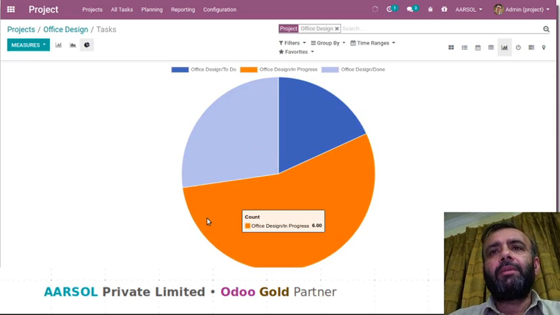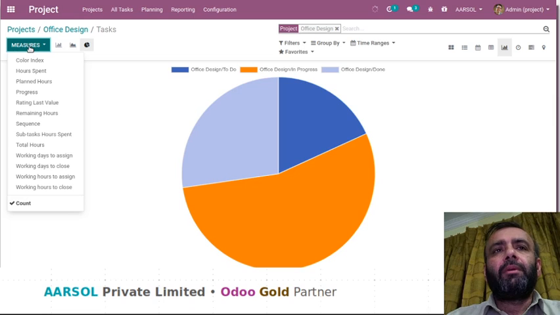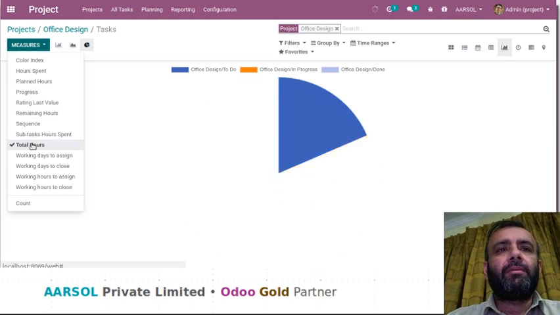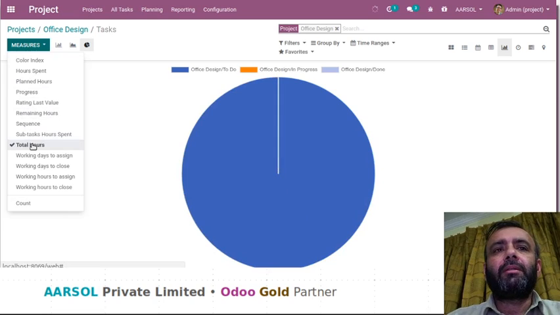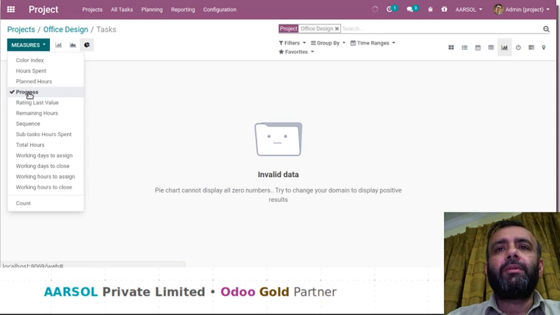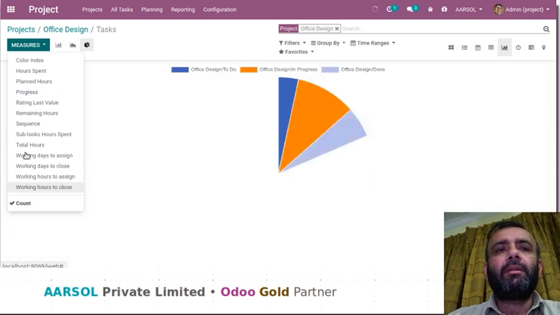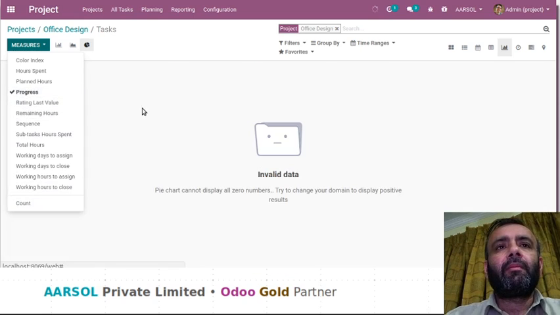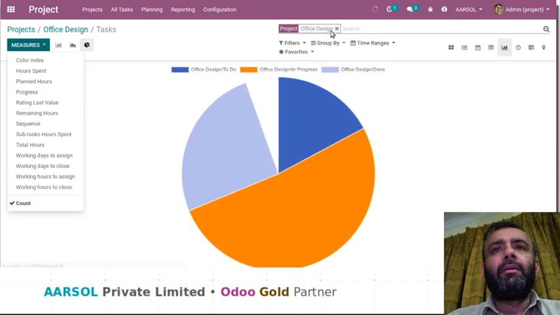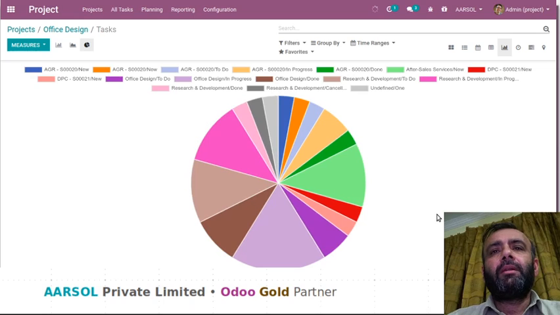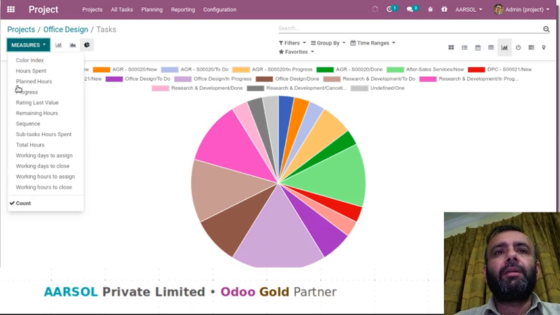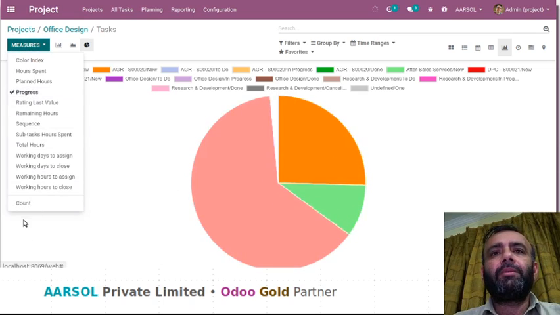Different graph types are there. If we want to change the measure, we can change the measure. Let's say total hours I want to see, so total hours are there. If we want to see the progress, data is not there. If I remove this one, then that information will be better. So here I am seeing the count, I am seeing the progress